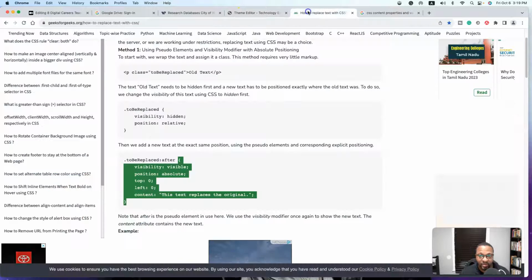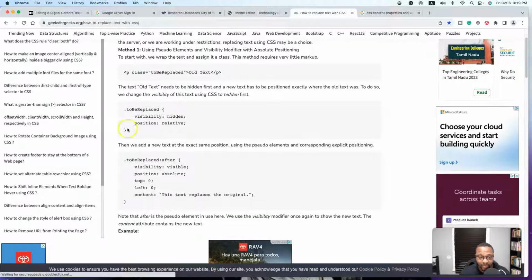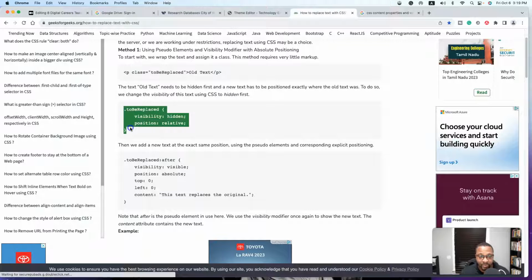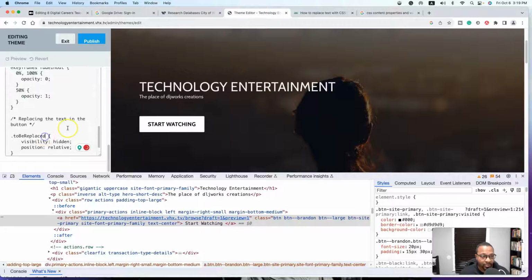So now what I've done here is just to research how do you actually change content by just using CSS. Very possible with using some other code like jQuery or JavaScript, but Vimeo OTT doesn't let you access those things. So what I'm going to do is I'm going to come over here and I'm going to grab this. Now, I'm going to replace this class name where it says to be replaced, because that to be replaced is located nowhere here. And what we're going to do is, because this is the class name for the actual button,